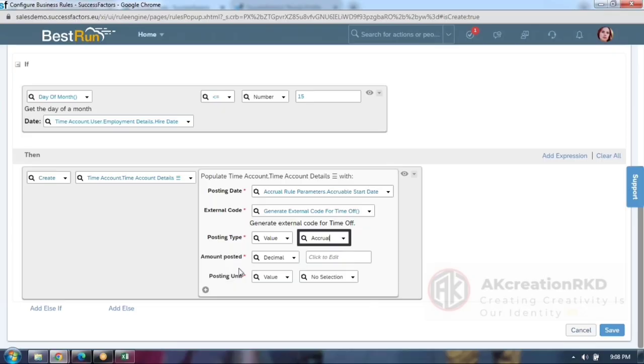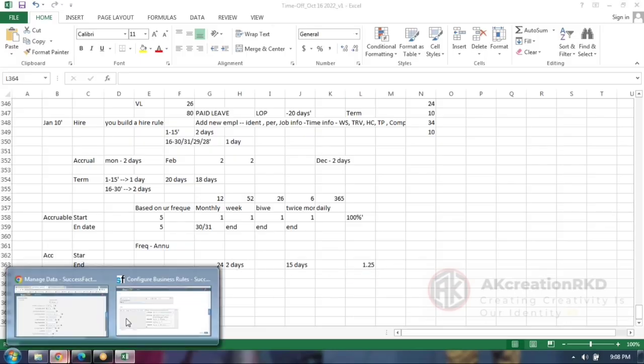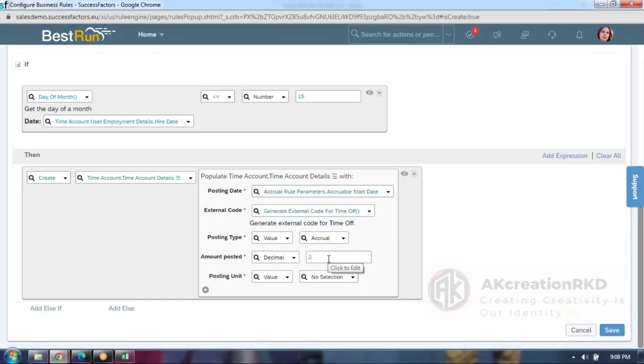Then amount posted. For amount posted, you can go straight away with decimal 2 days. But you guys had a question: sir, total days is 24, which means 12 months at 2 days, you can say it's fine. But in case the quota is 15 days for 12 months, how would I know? 15 by 12, 1.25. For example, you can ask this kind of question. I'm not a mathematical student. How would I know? If it's 24, 12 months means 2 days per month, so I can maintain the value here manually. In case the system wants to post a balance, the system has to calculate